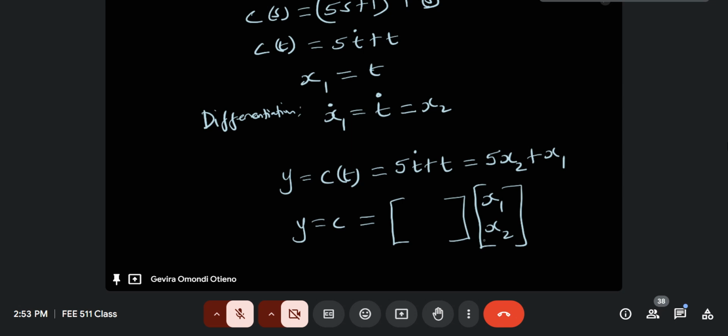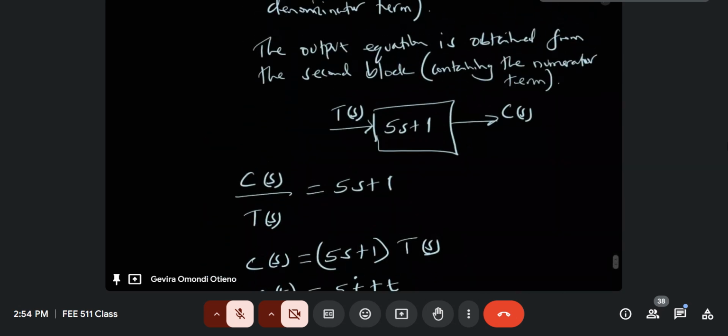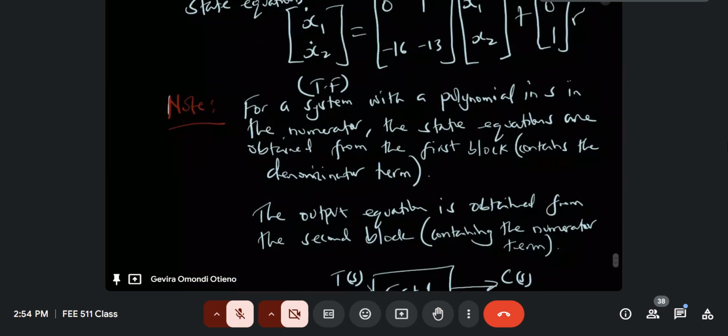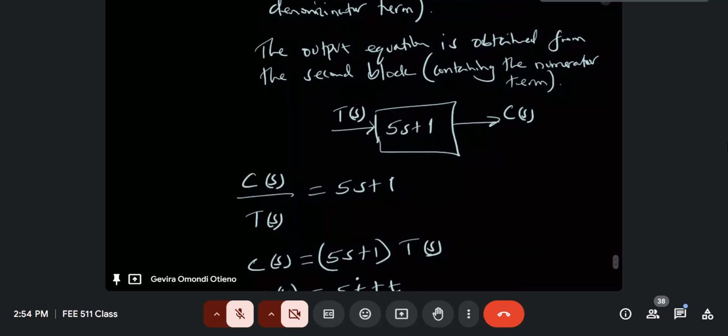So what is the coefficient of x1? It's 1 from our equation there, and the coefficient of x2 is 5. So this becomes our output equation. This is the output equation. Okay, so notice that the state equations are obtained from the first block,